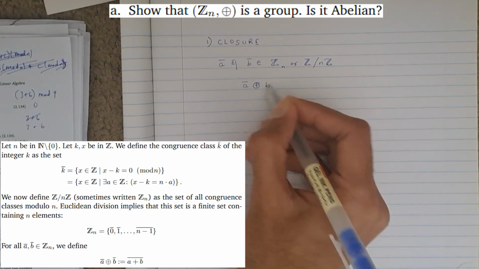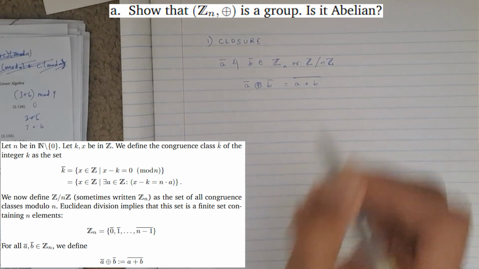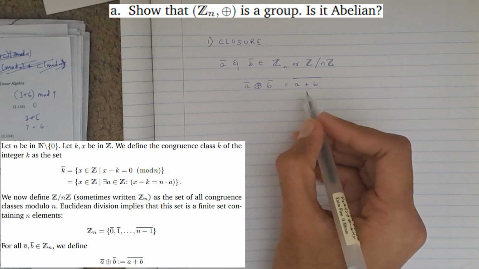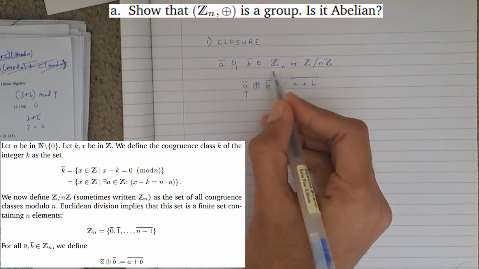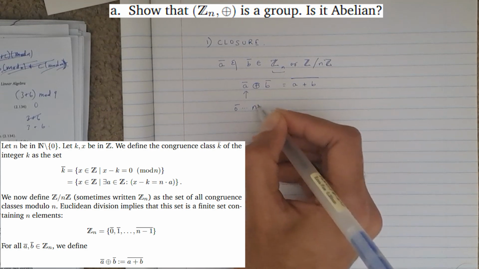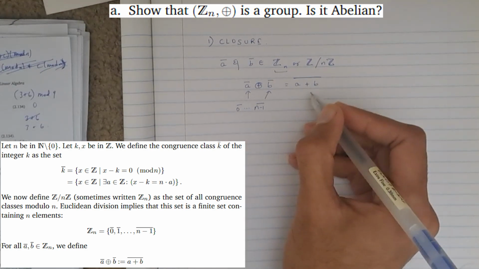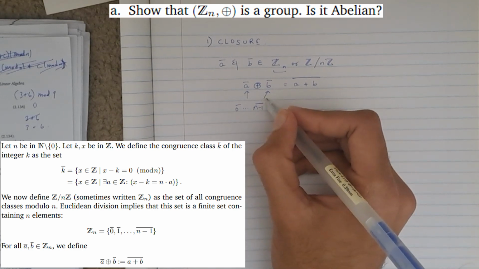Then this, as it has been defined, is equal to this. What you must notice here is this was an element here, and so it was either 0 or something like n minus 1 dash or something in between. So was B. Their addition